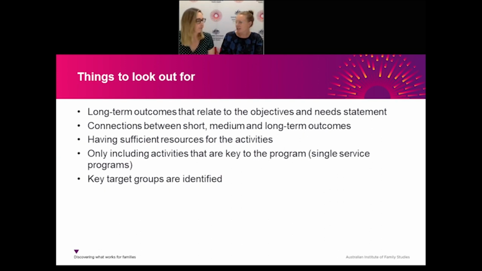The last thing I'd like to add is that it's really good to check that you've identified and included all of your key target group and no one else. In our FaC example, parents and children are the primary target groups, and we refer to them across the logic model. They're in our needs statement, in our outputs, our outcomes, and our theory of change boxes. It can be really tempting to want to add outcomes for closely related groups like schools or communities, but it's best to avoid that unless your program actually specifically targets those areas.